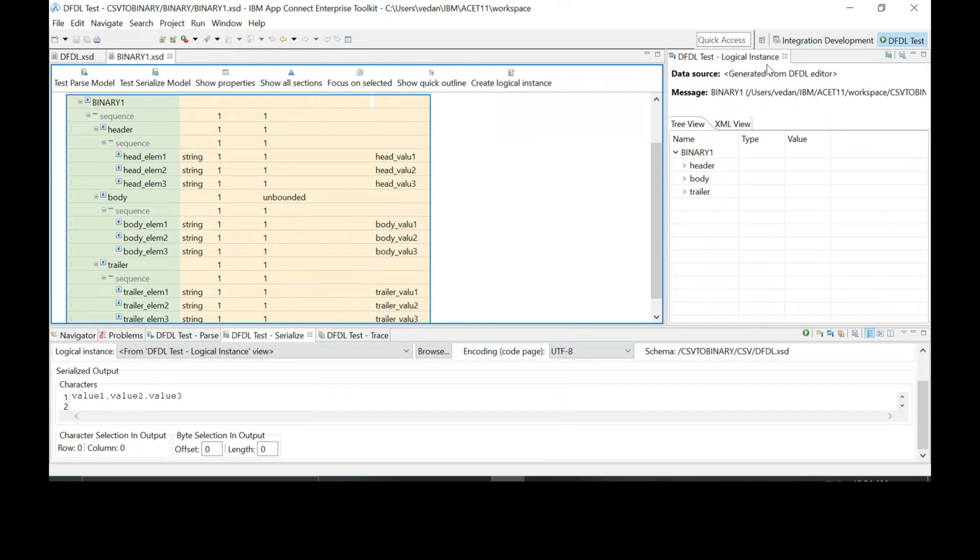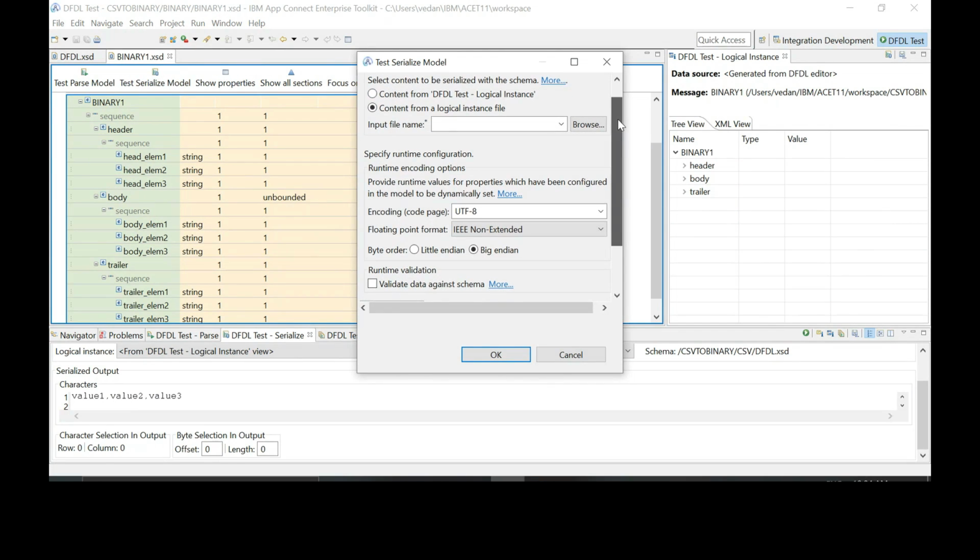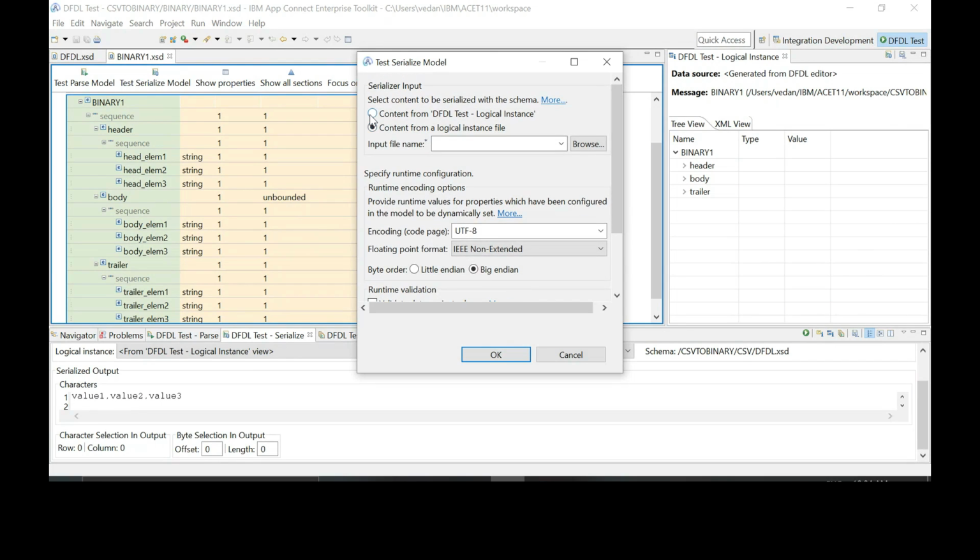It's test serialize, yeah, this one, test serialize logical. Okay. So now select content from DFTL logical instance, the first radio button. Yeah. Now click on OK. It's completed successfully.